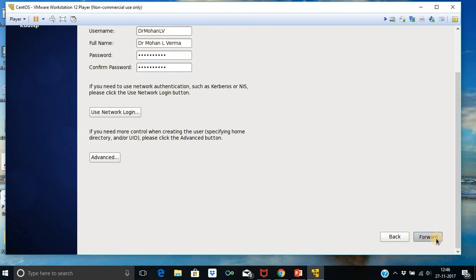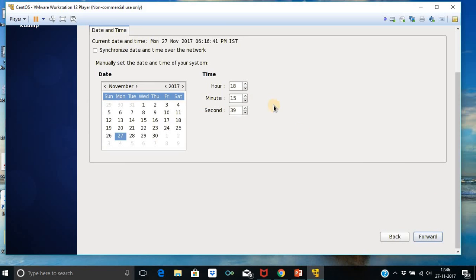This is my username. I am giving the same password as the root password here.